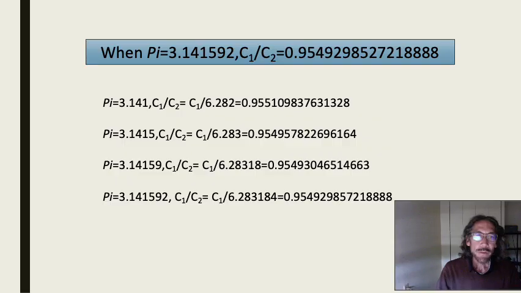So what we have here is different pi values being entered into the sequence ordering of these circumference values, when the radius is 1, when the radius is 2, when the radius is 3, and so on. So here we're looking at different pi values. When pi is 3.141592, the circumference values proportionally look like this: